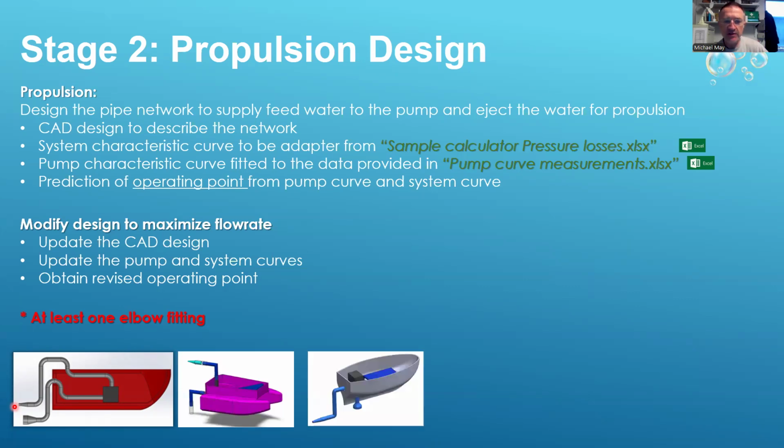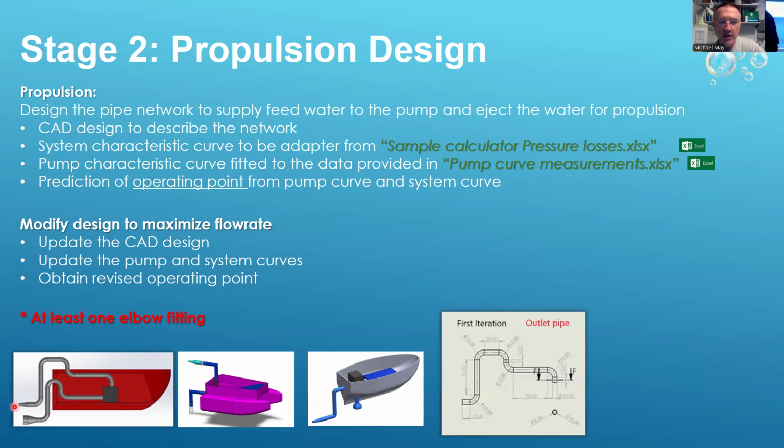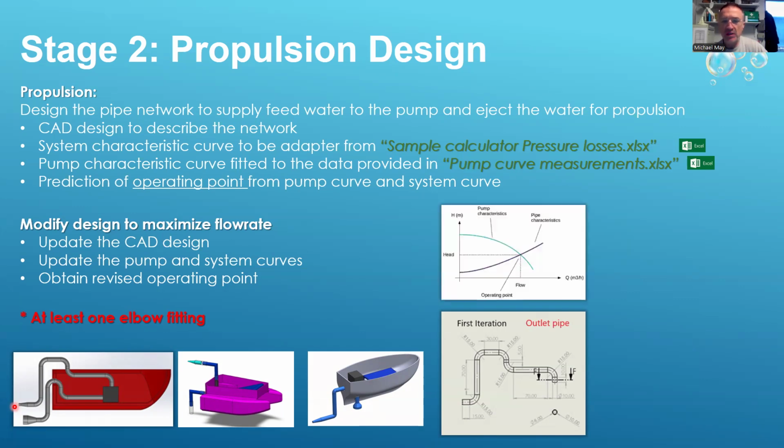You see different designs from other groups in the past. And what you can do is extract the dimensioned drawing from the outlet pipe, and we will apply the theory to that. So we'll adopt these two Excel sheets to produce a pump characteristic curve and a pipe characteristic curve that will identify an operating point, and the operating point will tell us the flow rate that we will get from the pump when it's attached to this outlet pipe. In other words, the flow rate here. And it also tells us the head loss, how much pressure losses we incur as the fluid tries to go